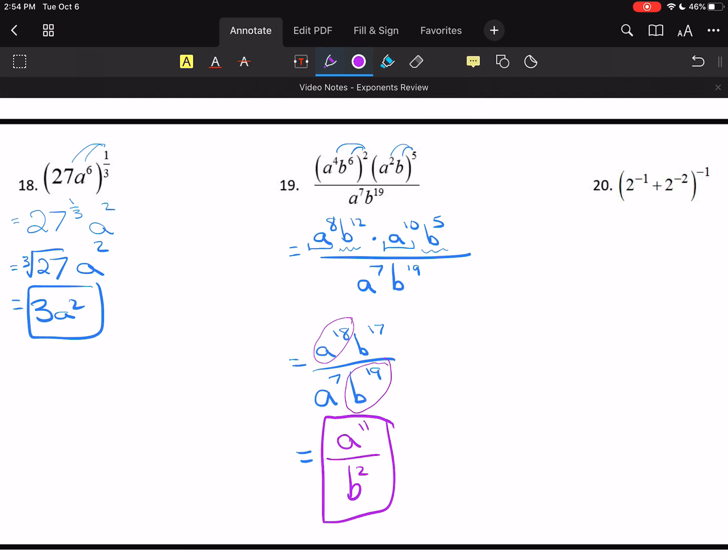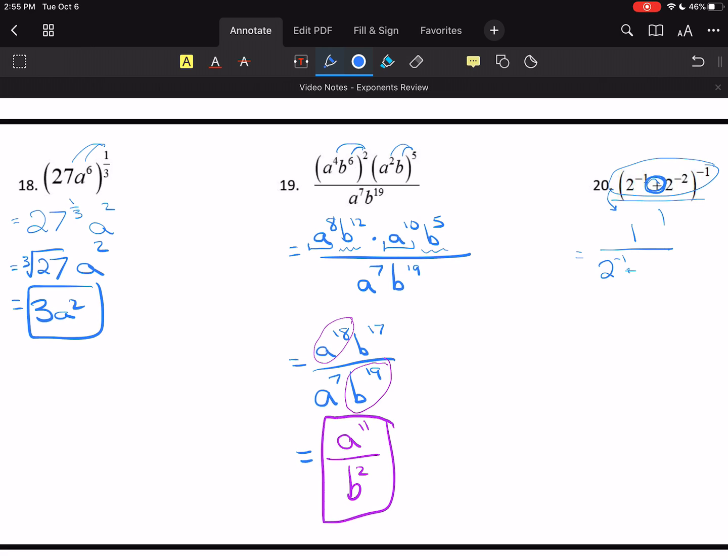Now, number 20. The mistake people run into with this one is they just jump right into distributing that -1. But remember, when I have a plus or a minus sign in between my two terms, I can't distribute. So I'm going to have to flip this negative exponent. So I'm going to bring that down to the bottom. So I would have 1 over 2 to the -1